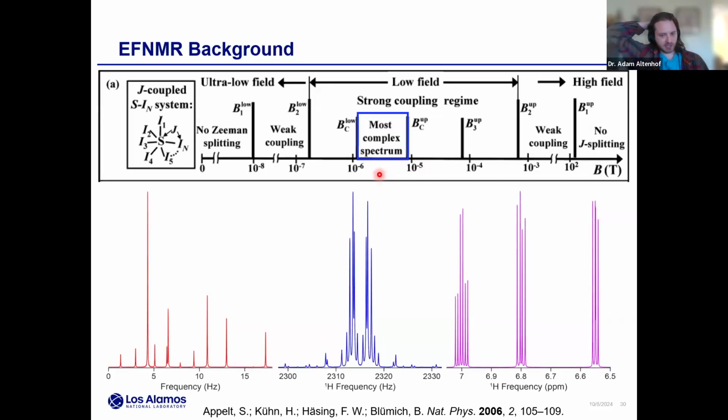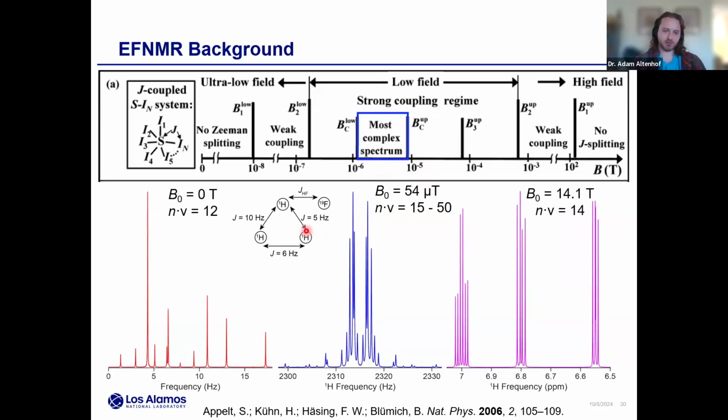So if we look at, again, simulating my weird dreamt-up spin system, if I simulate this at some high field, I'll assign some random chemical shifts for the protons, and we'll just ask the question, how many peaks are there? In this case, there are about 14 peaks if you could resolve them. If you go to zero field, just measuring the J coupling, we end up with something like 12 peaks, could be 24 if you count it symmetric.